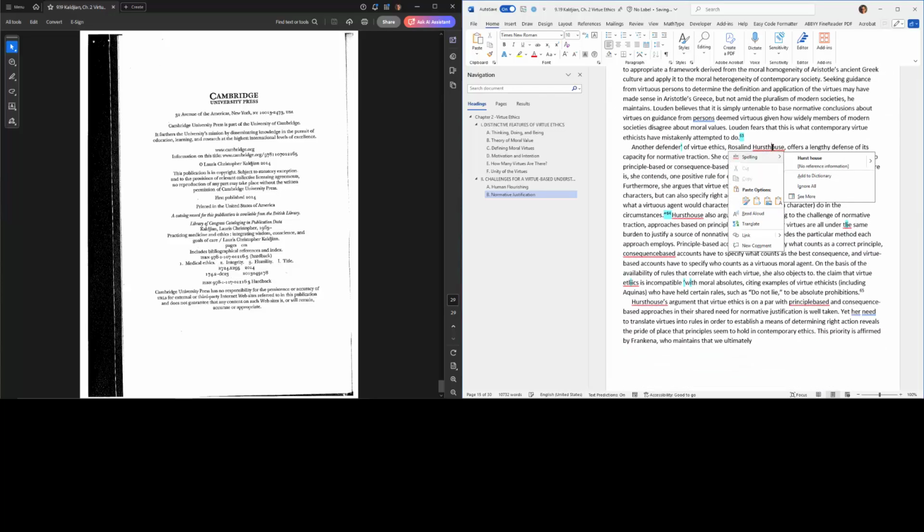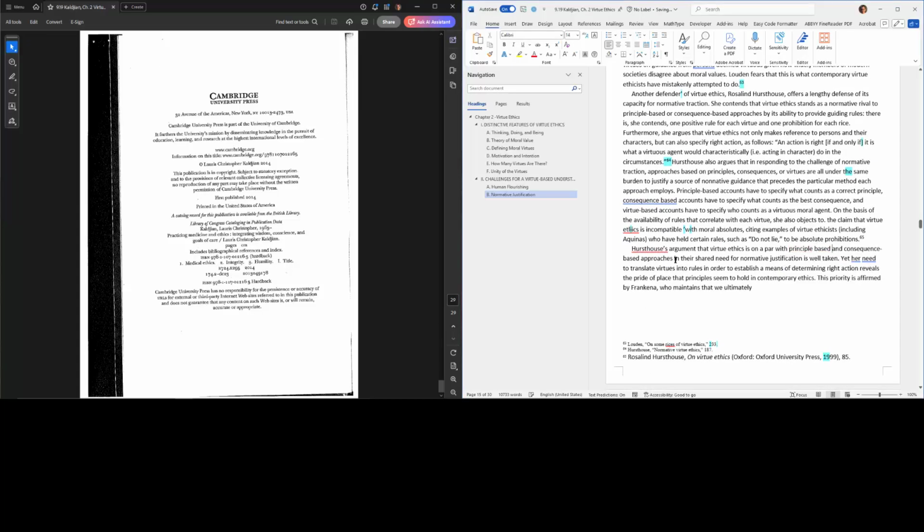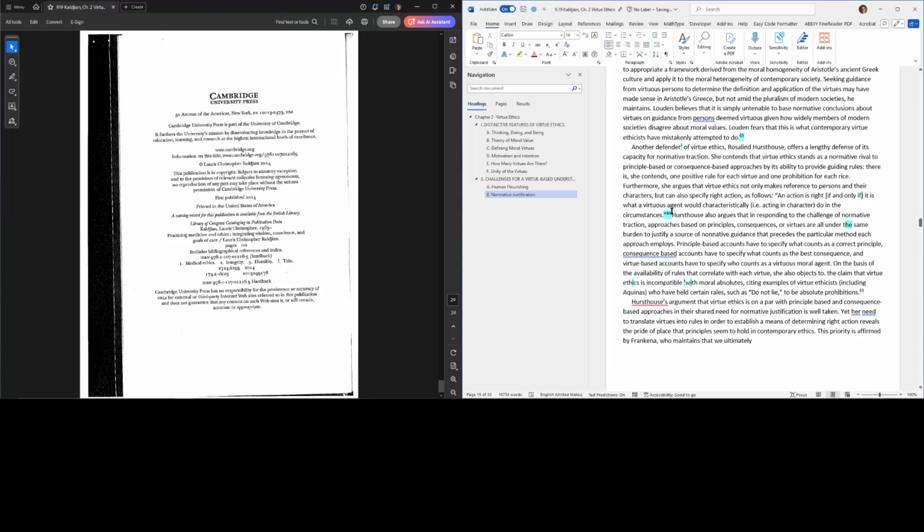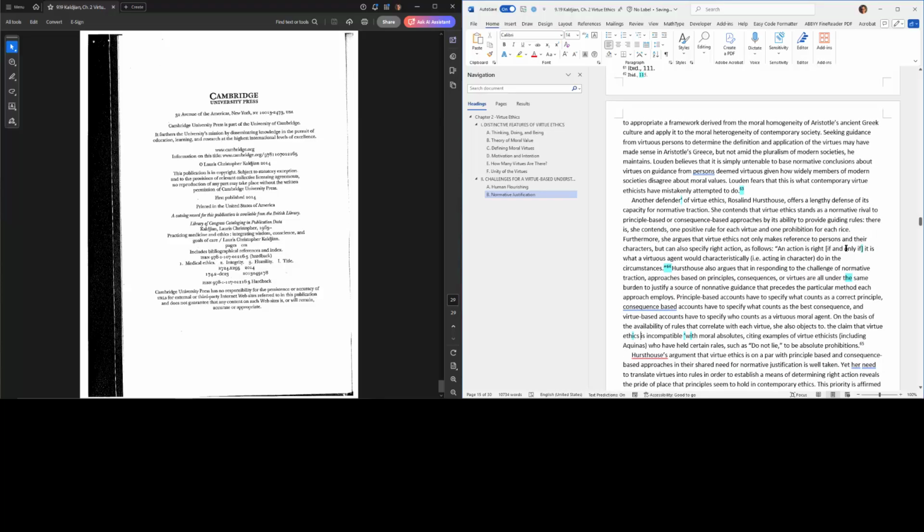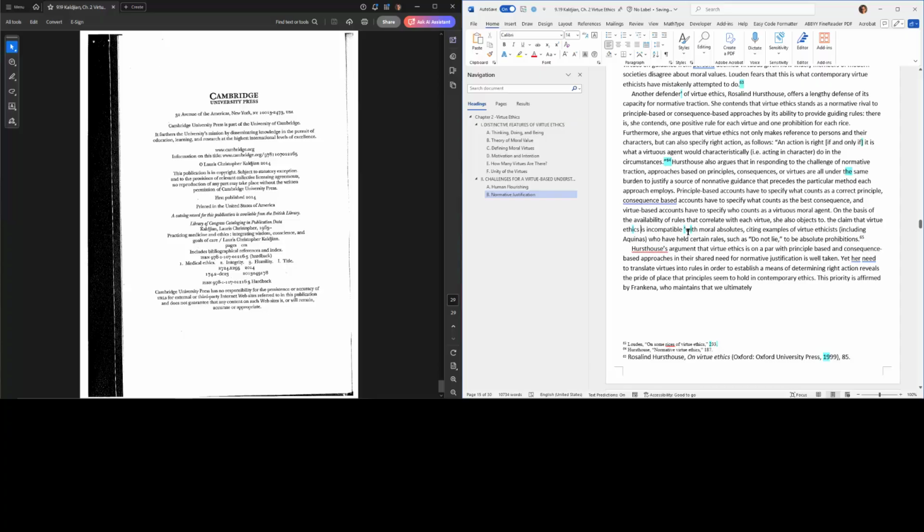Hursthouse, I'm actually just going to tell it to add that to the dictionary so it stops pointing it out. Provide. Consequence based. The same. Principle based. Ethics. 64 is a footnote. If and only if. Right here. Incompatible.